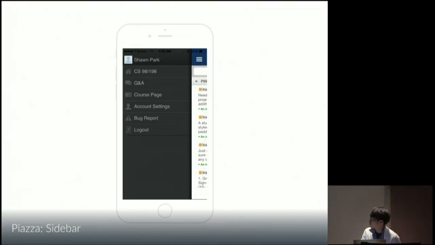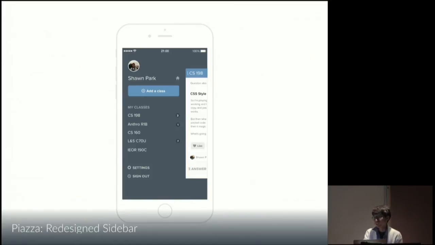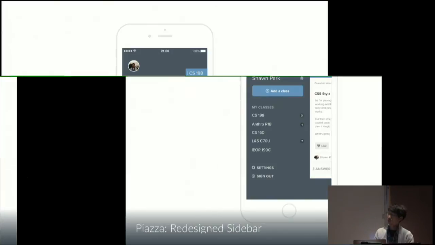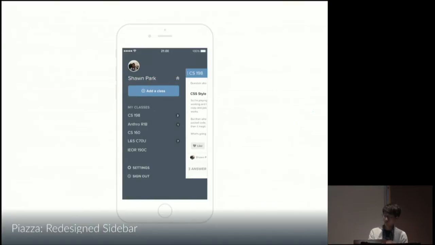So what I did to clean up the hierarchy a bit is that everything in the sidebar should be all the features relevant to Piazza on a global application level. So on a global application level, you can add a class, you can go to other classes, and you can go to settings, your profile, or sign out.